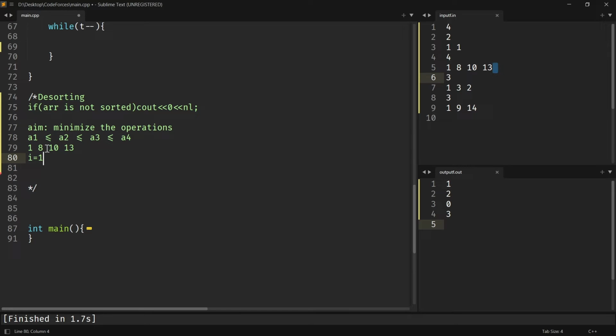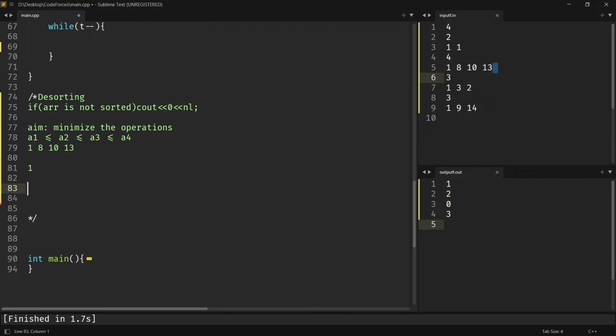So what I'm saying is, which index should you pick? So basically, which inequality should you focus on? So my argument is just pick the inequality between the two closest elements. Right? For example, breaking the inequality between 8 and 10 would be easier than breaking the inequality between 1 and 8. Right? Because if you want to break the inequality between 1 and 8, what you need to do is,